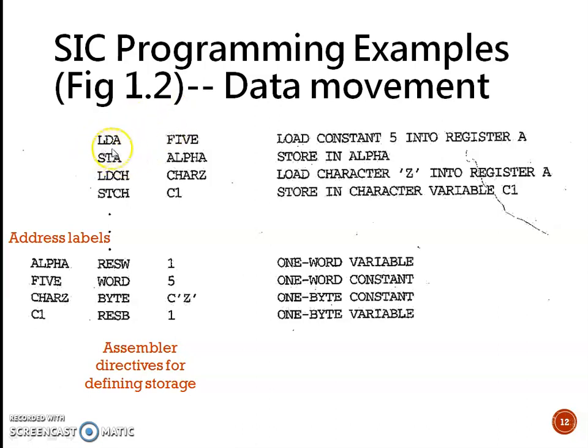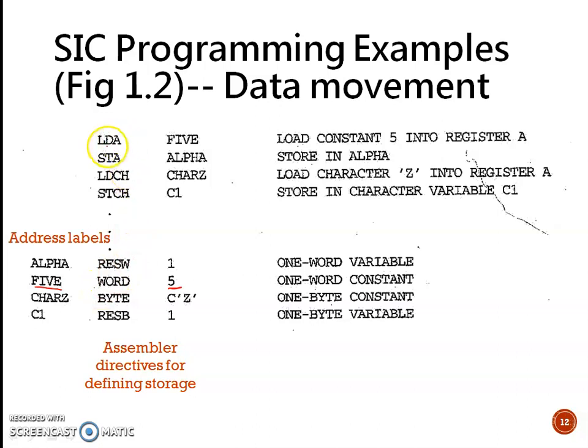LDA is the load accumulator. 5 is something that is declared here as integer 5. That is, it is declared as a one word constant.